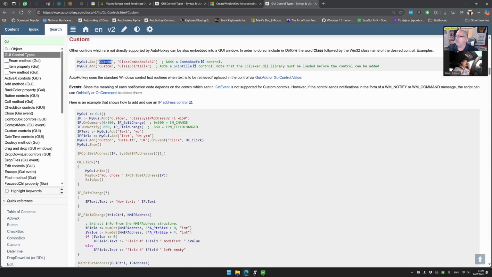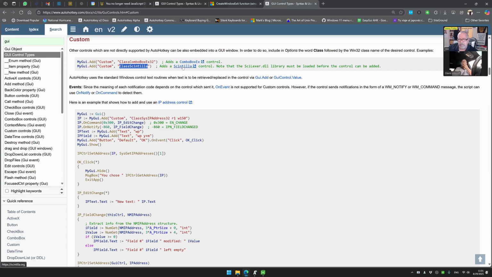You can add a custom control into your GUI and have it act as a normal control. The interesting one, as an example, was the class Scintilla. That doesn't work like that any longer, or not as easily, I would say. I have to test it out. I haven't tested it in V2, but